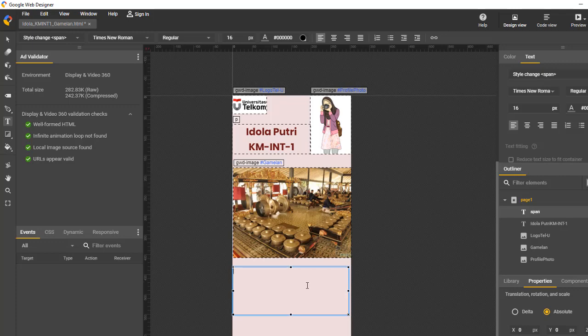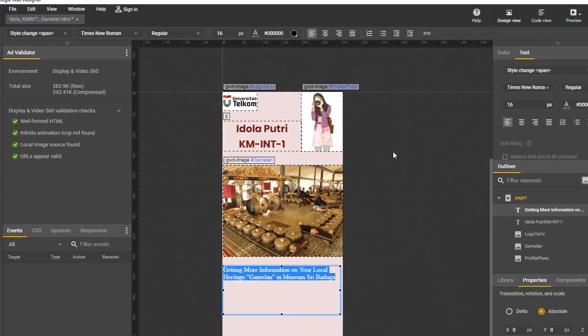For me, maybe I put "Getting more information on your local heritage, gamelan, in Museum Sri Baduga." You can make any kind of title that fits you.